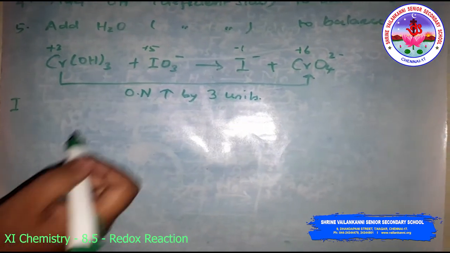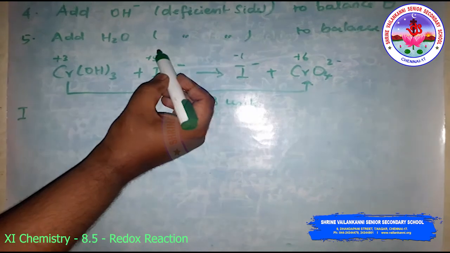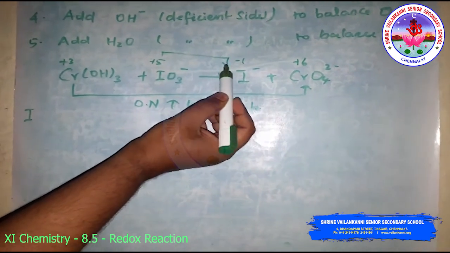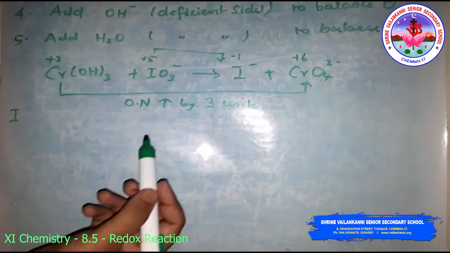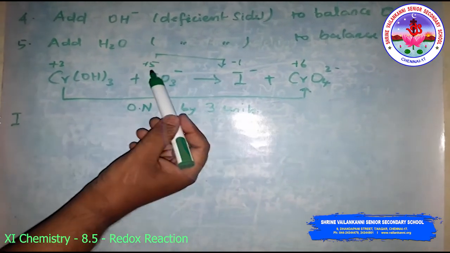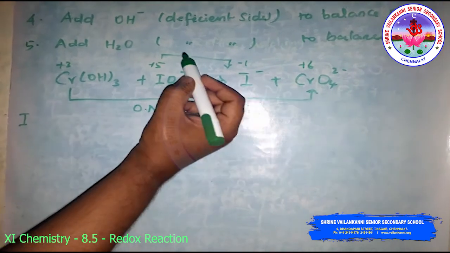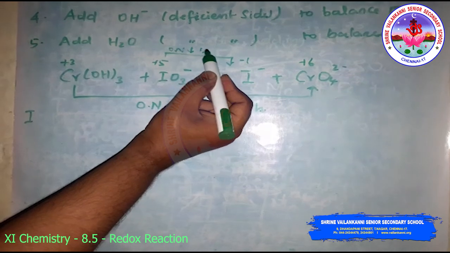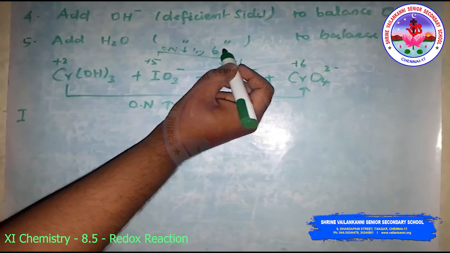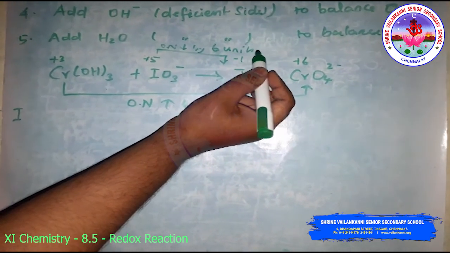Then reduction, plus 5 to minus 1. Here the oxidation number decreased by 6 units. Okay, plus 5 to minus 1 means 6 units. Oxidation number decreased by 6 units. Okay,